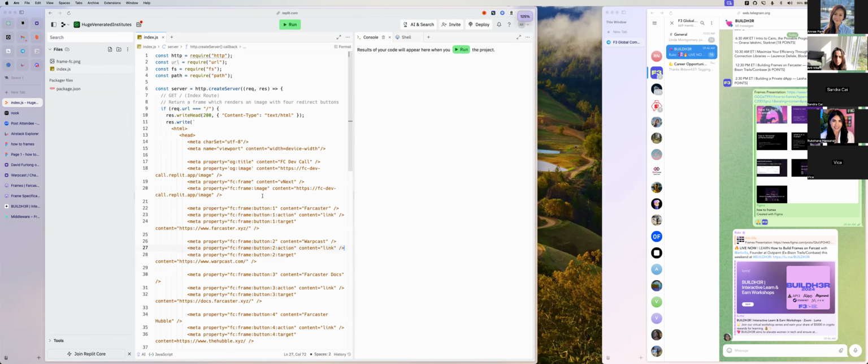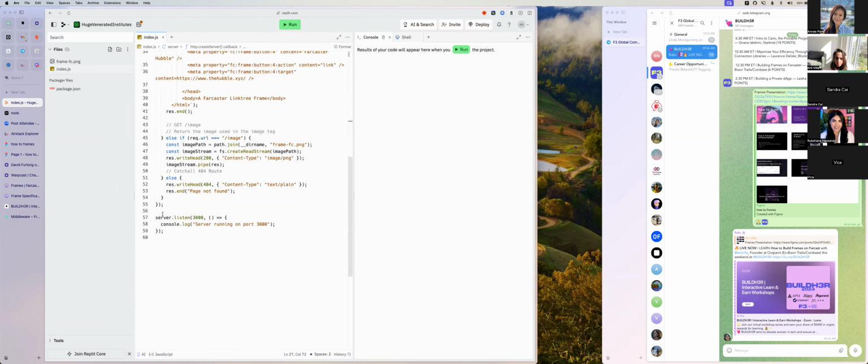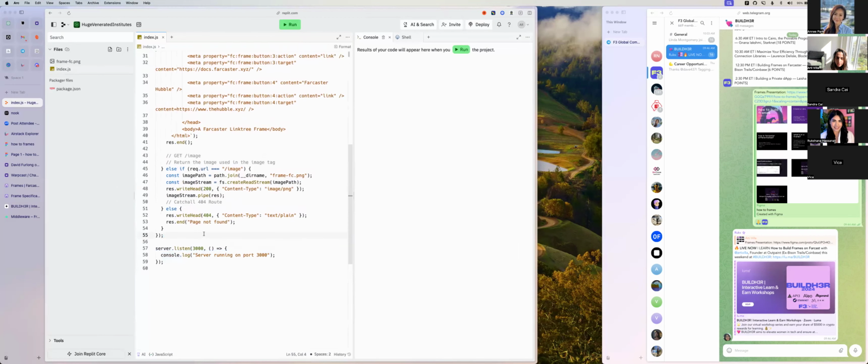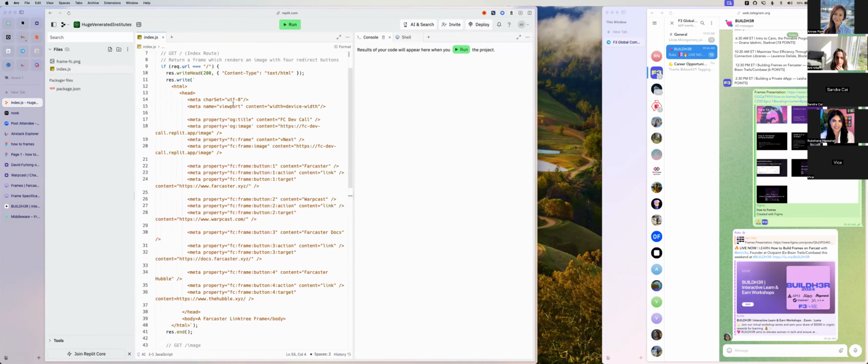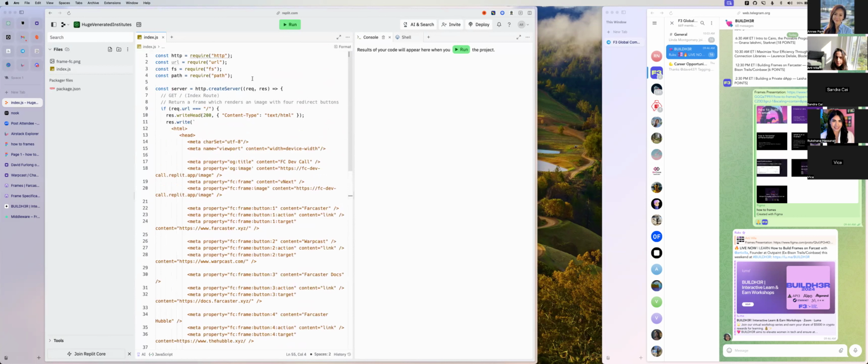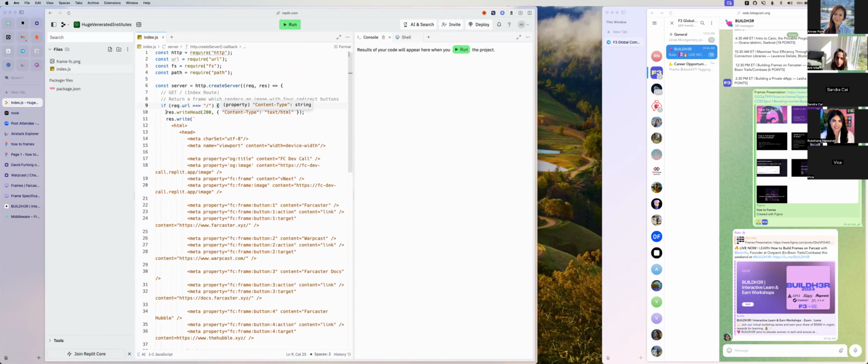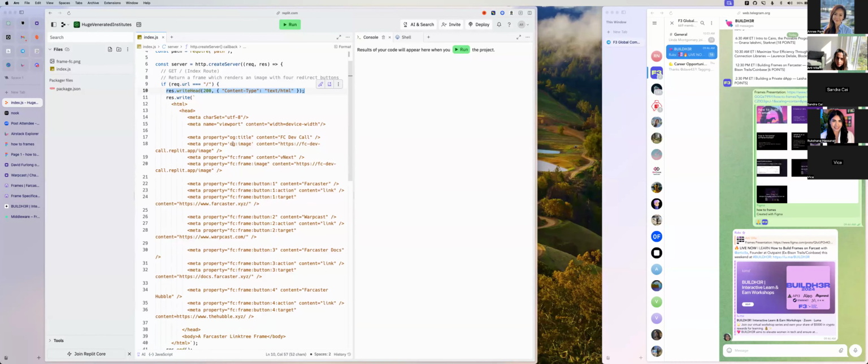So basically, this is just a single file. All it does, if you scroll to the bottom, is run a server on port 3000. And this whole section up here is basically defining that when you hit this endpoint, the 3000 endpoint, it's going to write this HTML